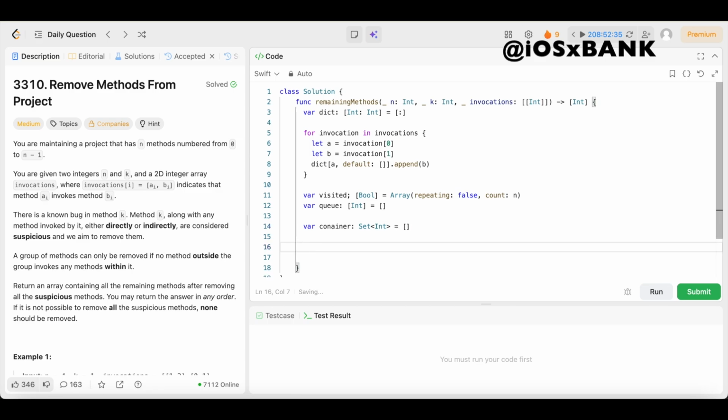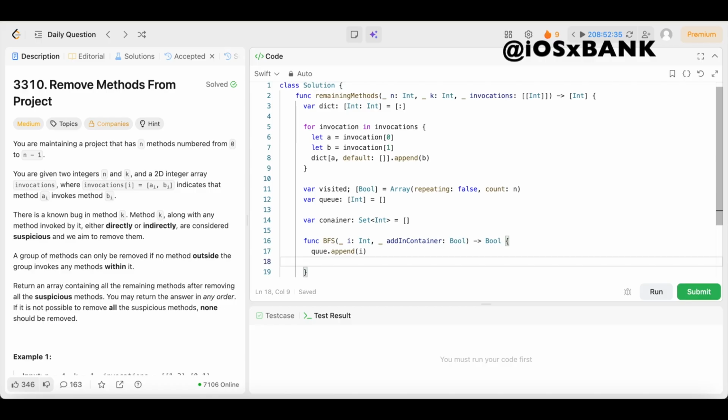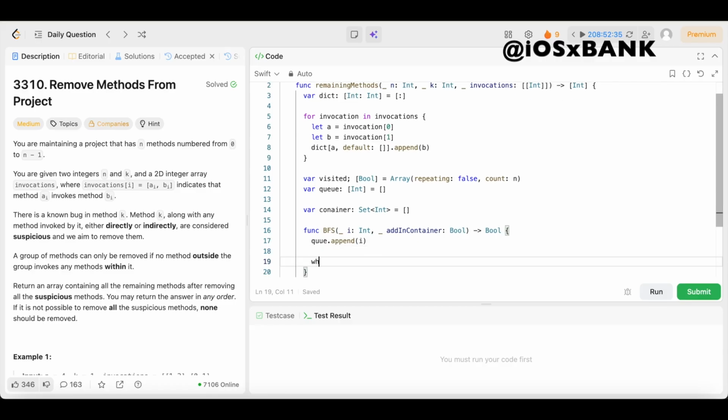Then we need to perform our breadth first search starting from method I. So we're going to create a helper function. I'm going to say func bfs, open up the parentheses, underscore I, colon, int, comma, underscore, add in container, colon, bool. Come outside of that, it's going to return a bool. We're going to open up the brackets. We're going to say q dot append, open up the parentheses, pass in I. Come underneath that, we're going to say while exclamation point q dot is